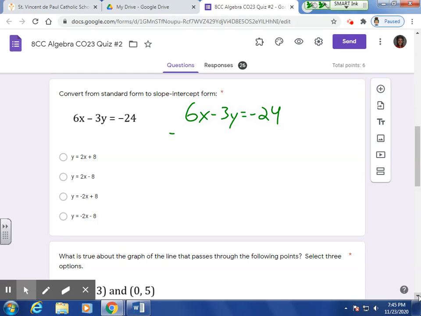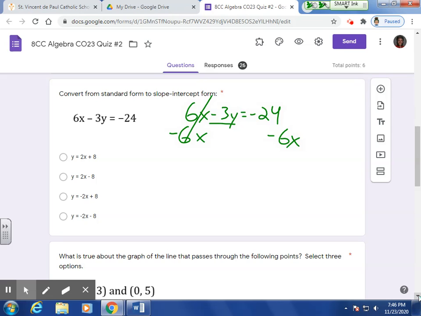Okay, we're starting by subtracting 6x from both sides. And it just so happened here that all of our x terms were positive. If you did have a negative x term, then instead of subtracting it, you would add it to both sides. It's just still that opposite operations piece. It just so happens that all of our coefficients to x so far have been positive, which is why we've